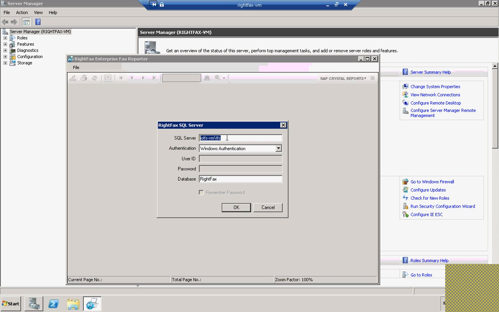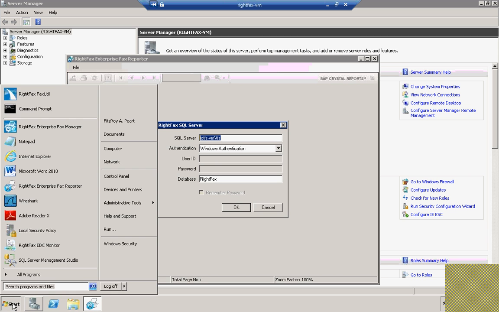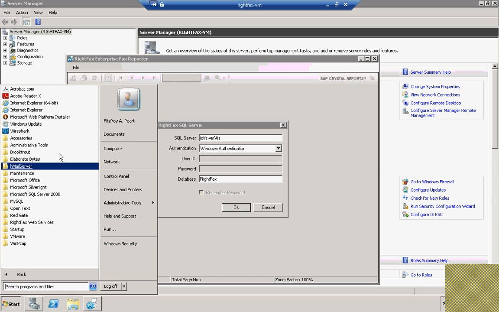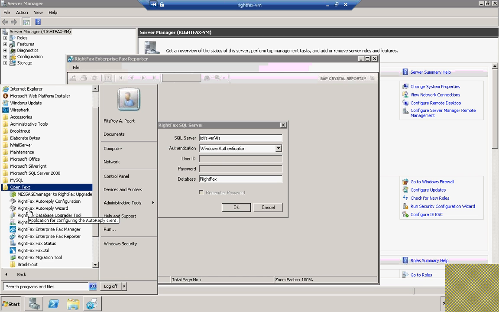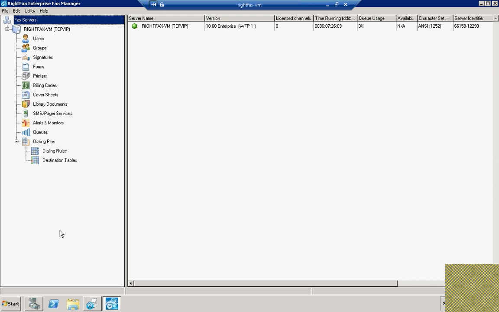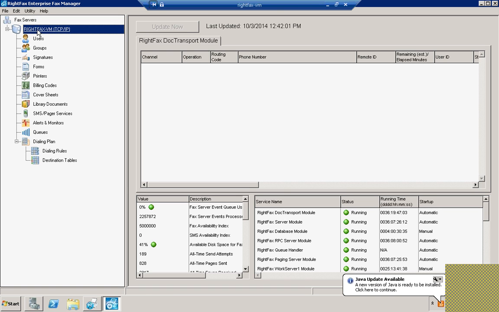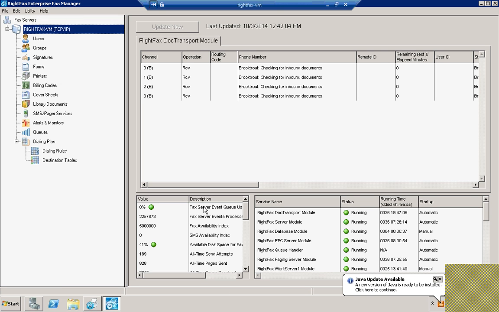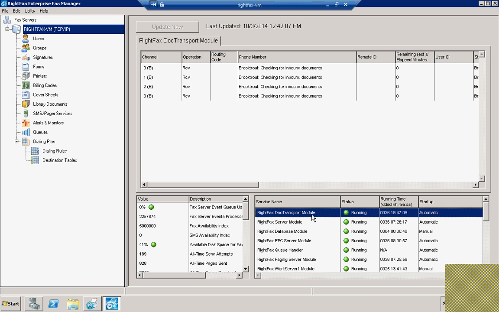Syscom VM. Now, if you need to find out where your RightFax database resides, you can easily do that by going into the Open Text folder and opening the Enterprise Fax Manager. Once that comes up, go ahead and select the server name over here on the left, and then double-click on the RightFax Doc Transport Module service, and it will bring up the Doc Transport